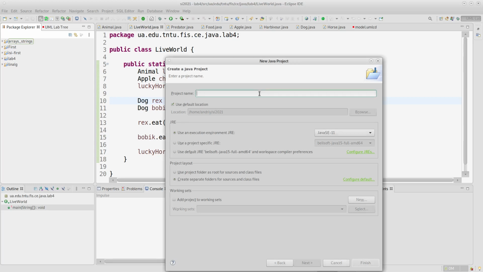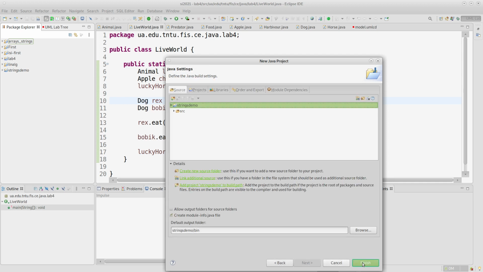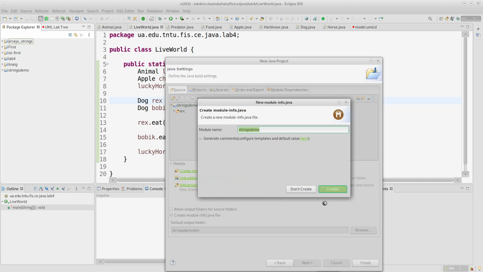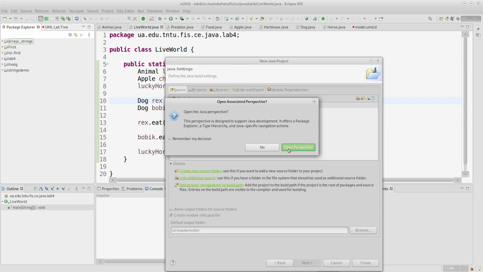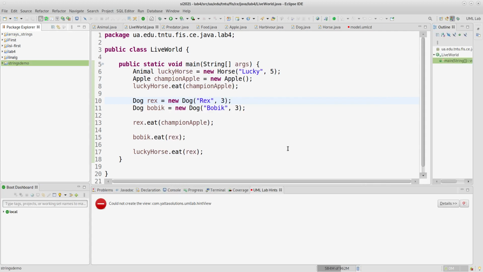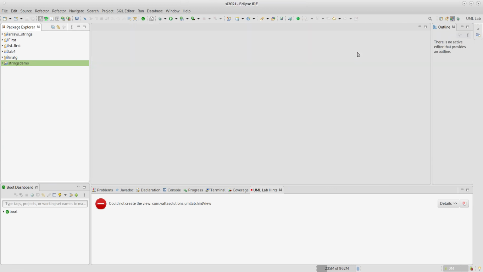So I create a new Java project. It will be strings demo, and today we'll talk about a very important topic for any developer. It will be strings,